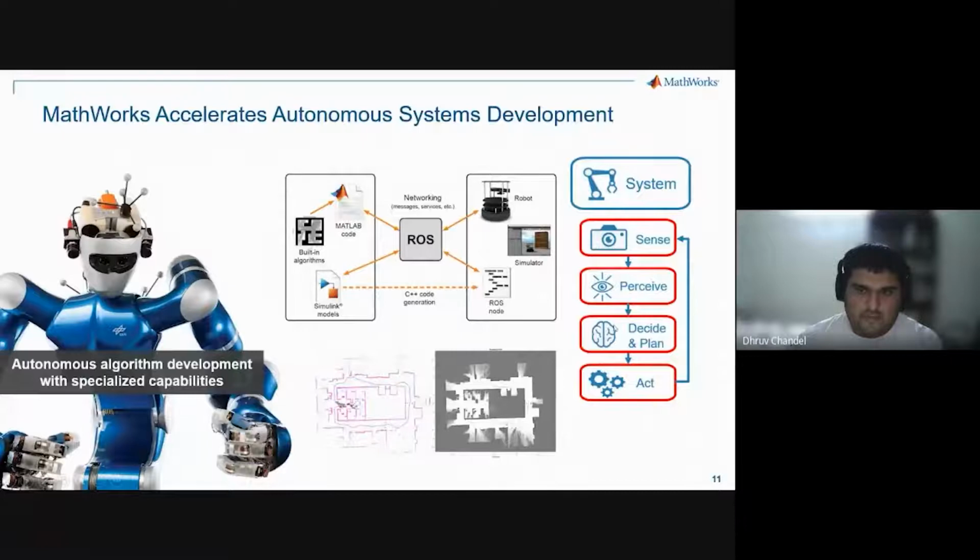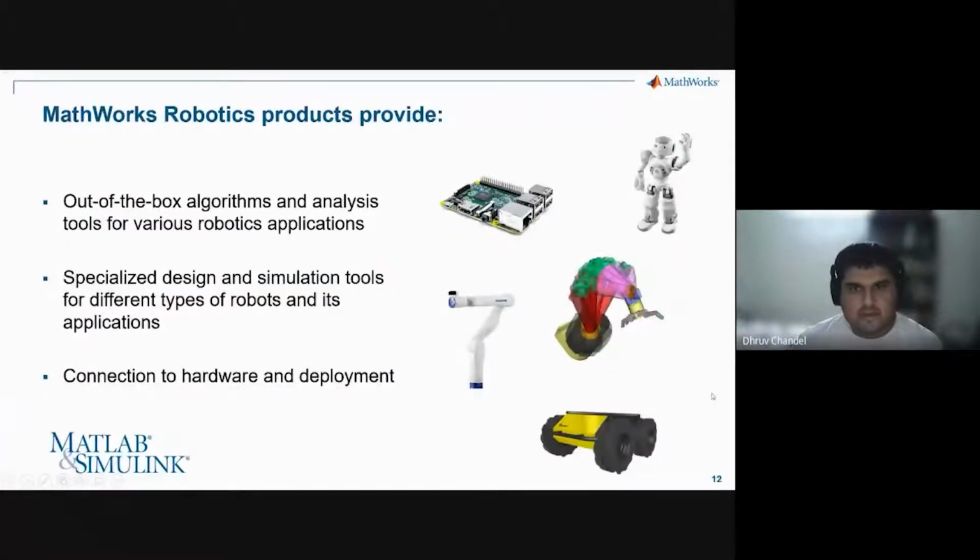So we'll try to have an overview of all this. We'll look at path planning for mobile robots. So this is like a building in which a robot is driving around using LiDAR sensors. And we'll show how MATLAB and Simulink models can work with ROS code and how you can deploy this for real robots or simulators. So that's what we'll be looking at today.